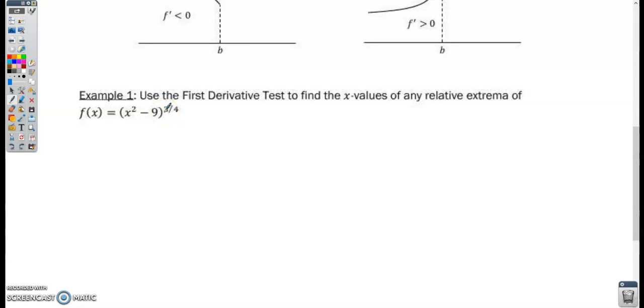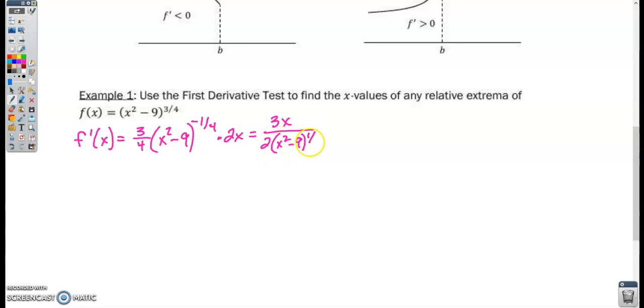So the first thing I'm going to do is go ahead and take the derivative of this. That gives us 3/4 times the quantity x squared minus 9 to the negative 1/4 times the derivative of the inside. Derivative of x squared minus 9 is 2x. So simplifying this, we end up with 3x over 2 times the quantity x squared minus 9 to the 1/4 power. Okay, so f prime of x is equal to 0